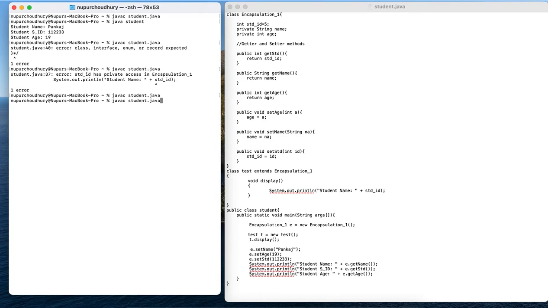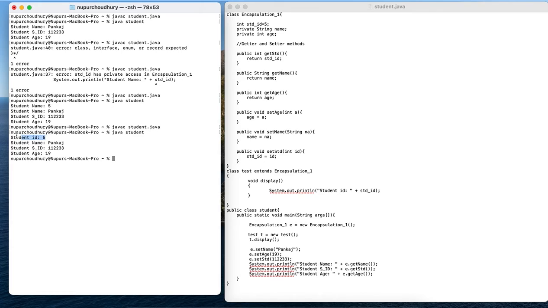I am getting no error, and when I run this, let us mention this as student ID, first I compile this and then execute. I am getting the first line as student ID is equal to 5. That means that since it is not private, I am getting access to this variable, and I can go on making changes to it whenever and wherever possible.